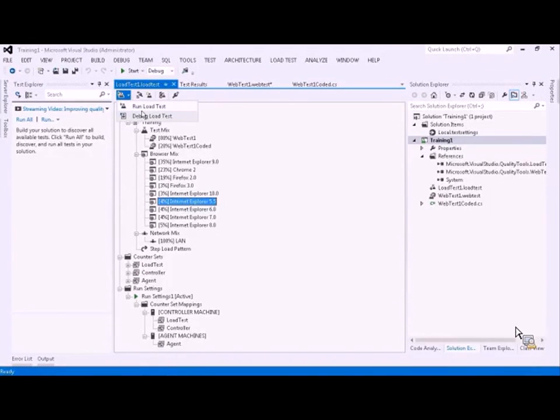I might debug it if I say overwrote any of the classes involved in the actual load test itself, or any of the classes involved in a particular web performance test and wanted to actually debug them. So I'm simply going to run the load test,